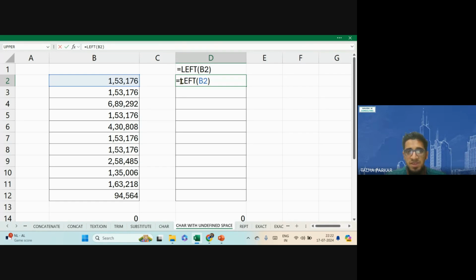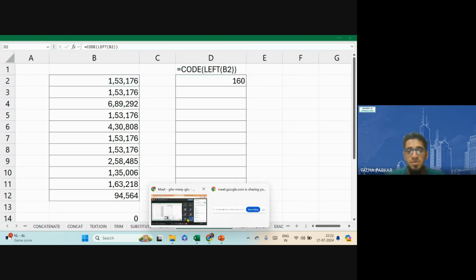Now मुझे जब left से first character मिल जाता है, मैं इसका कोड निकालना चाहता हूँ of this character. It tells me that this is a code 160. If I just show you,